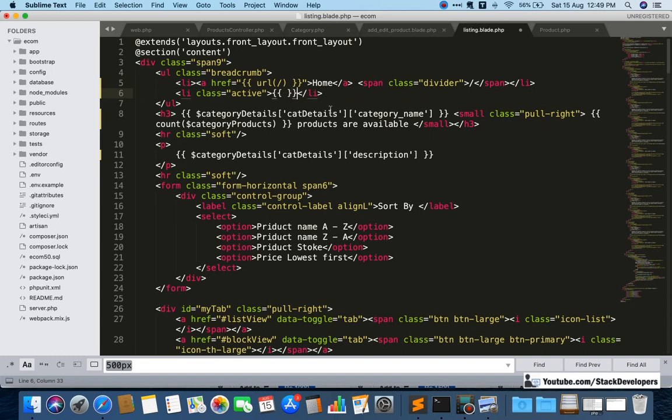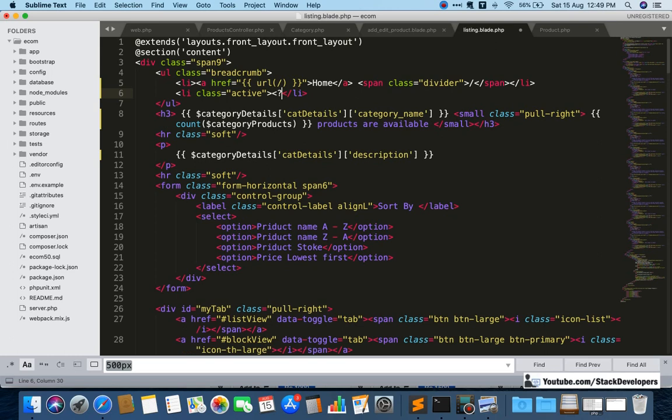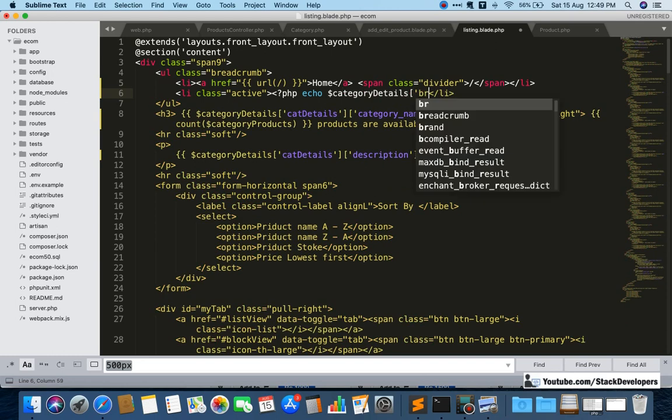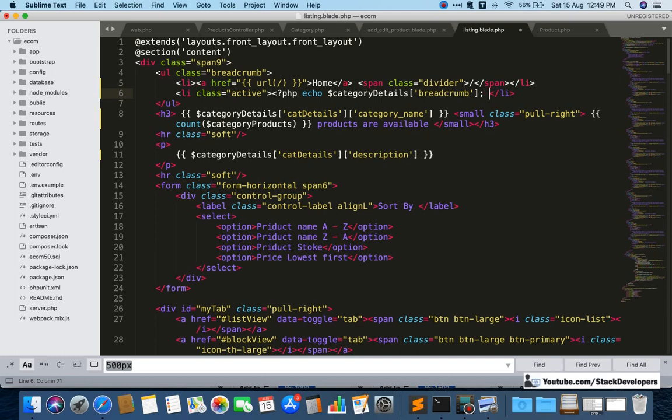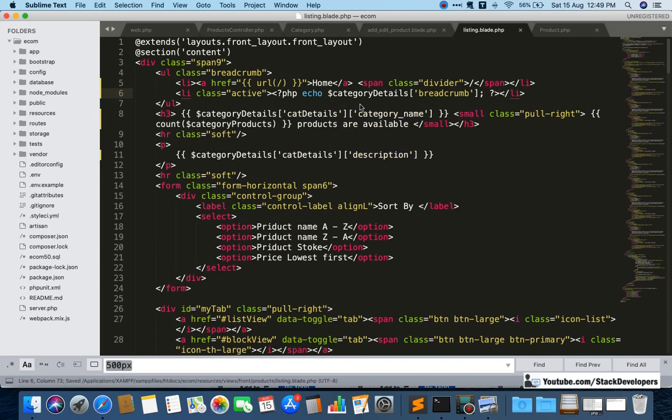Earlier on we were just showing the category name, whatever category we are opening, that we are showing here, but now we are going to show the breadcrumb with PHP, as the breadcrumb will not come otherwise. Okay, we are going to show echo for category details, and here we are going to show the breadcrumb. Okay, like this. I hope it will come. Let's see.